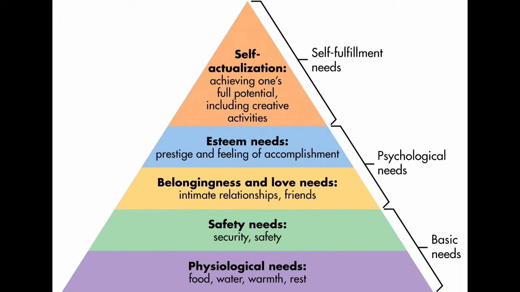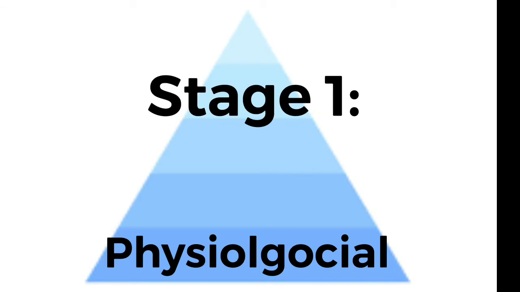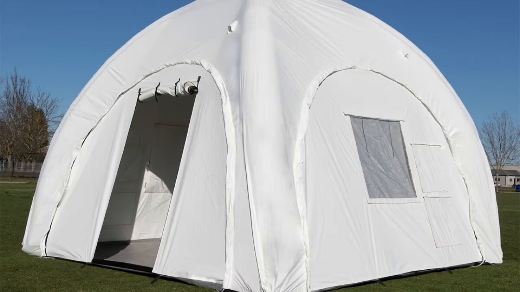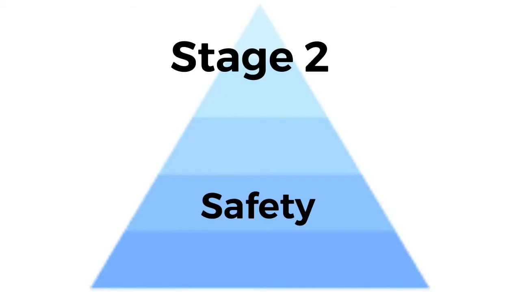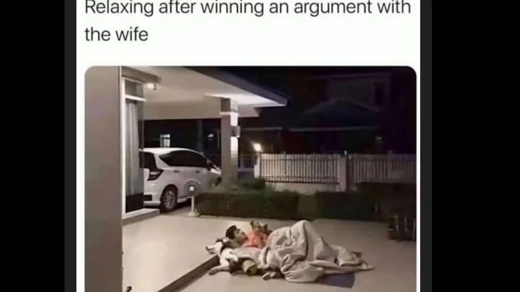Physiological. These needs are going to be the most basic necessities for the physical functioning of life. Food, water, and shelter are the main parts. Once all these needs can be securely and consistently met, progression will continue to the next stage. Stage 2, safety. These needs are building blocks on consistency, but of a higher level life. These safeties include society, emotional security, financial security, law and order, freedom from fear, property, and health and well-being.